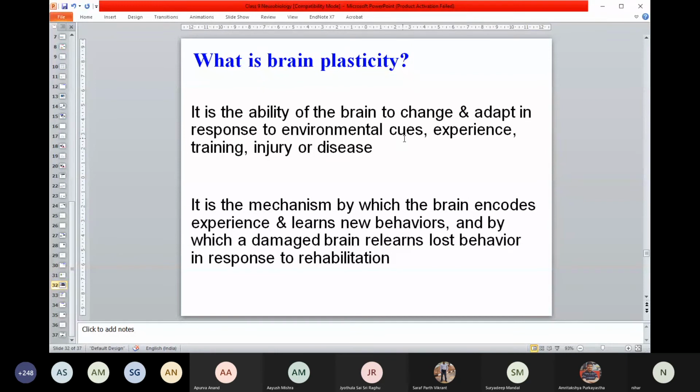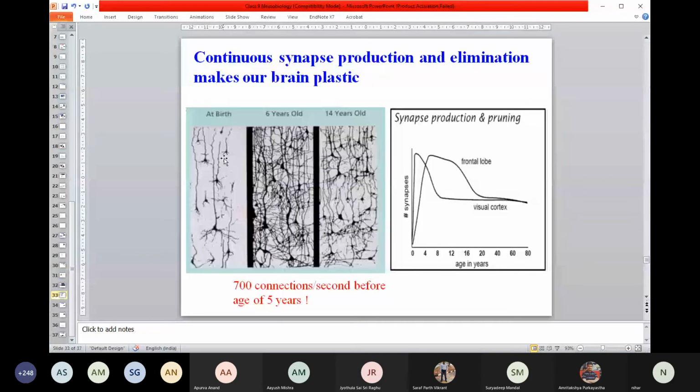Our brain is plastic because the hardware component present inside the neuron is continuously changing in response to stimulus. Stimulus can be different kinds of environmental stimulus, experience, training, and so on. So our brain has an enormous amount of plasticity. It can change in whatever way you want it to. I hope that's no problem to understand for anybody. So that's called plasticity.